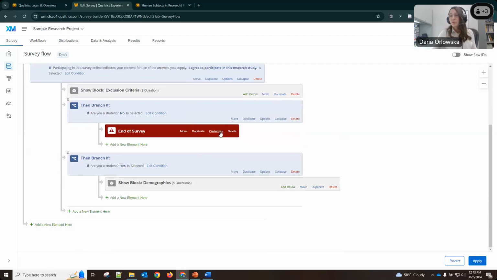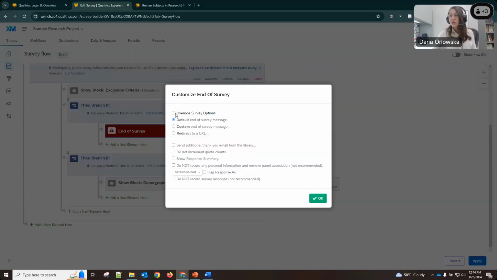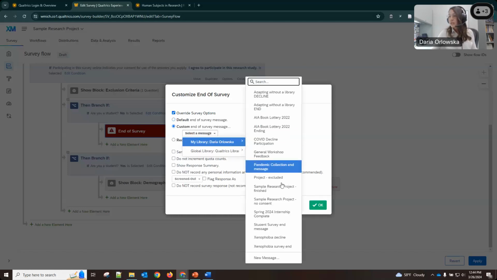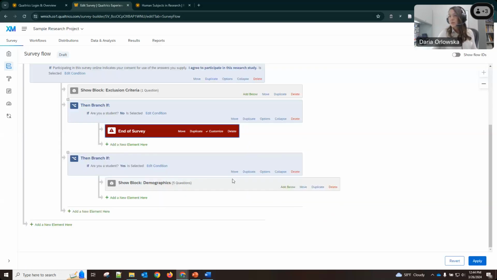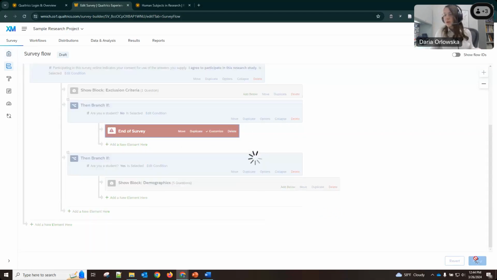You can do the same thing with this one, the exclusion criteria: override, custom message, which is the excluded. And I think there's a way to do the final survey message within the builder, but I think you could probably add it here too. We're going to check real quick.